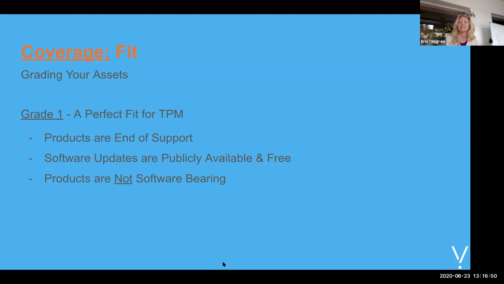Another grade 1 device might be something where the software updates are publicly available from the manufacturer. So take Cisco, for example, all Catalyst switching line, 4500 series and down. So all of your 2960 switches, 3850s, Cisco offers publicly available software updates. You don't need a SmartNet to access those. So by moving those over to a third-party maintenance strategy, you're going to dramatically lower your maintenance costs while not sacrificing on hardware replacement, technical support, and you'll still have the software.